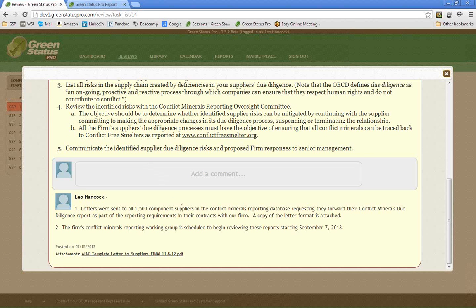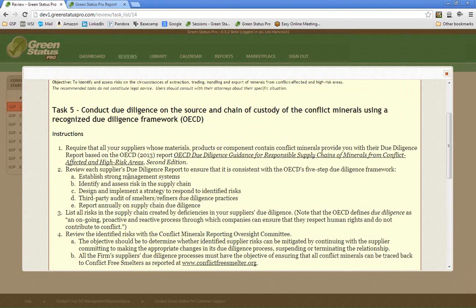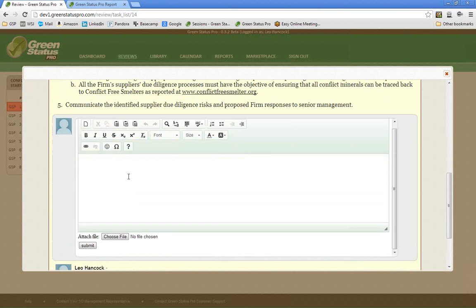Now note, here we keep the input that Leo has added and the date he's posted them and the files together with the instructions. This is our secret compliance sauce going forward. We're keeping the instructions with the inputs, with who reviewed them, and when they did it, and it's all done automatically. I mean, Leo today needs to add more information, so he clicks on the Add a Comment box, and